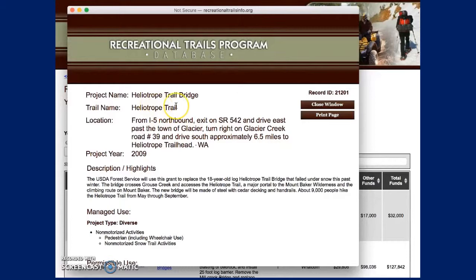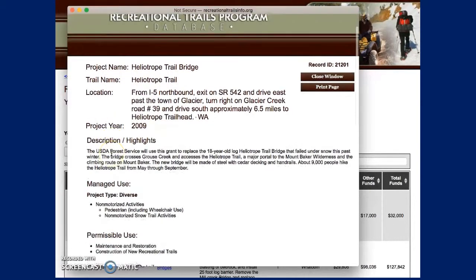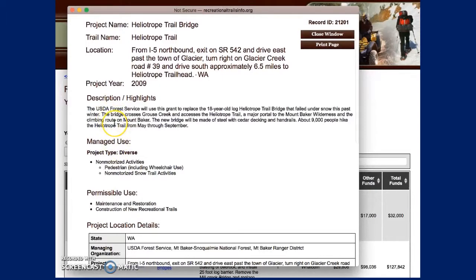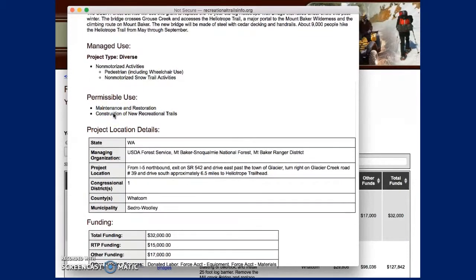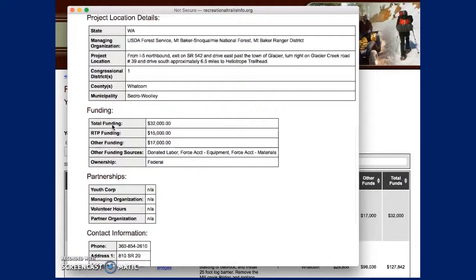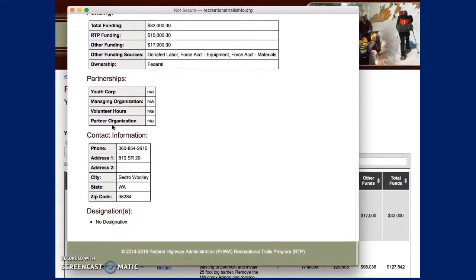And this is the Heliotrope Trail Bridge. Gives its name, location, project year, a brief description, all of the managed uses that are appropriate for it, and it determines that it's a diverse project because it allows for more than one type of managed use. So there's pedestrian and non-motorized snow trail activity. It shows all of the permissible uses that this project applies to,